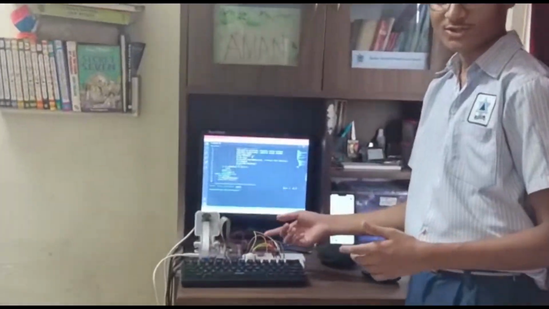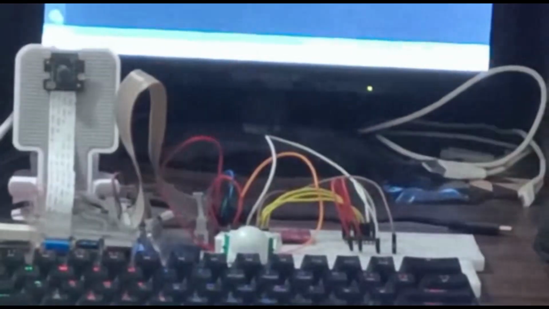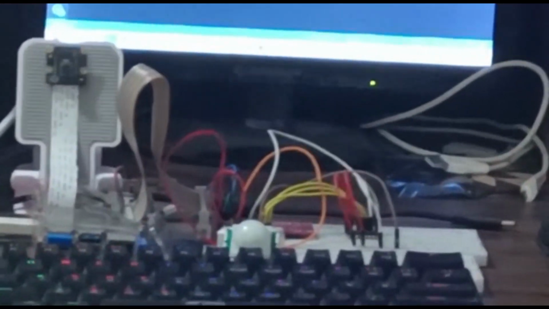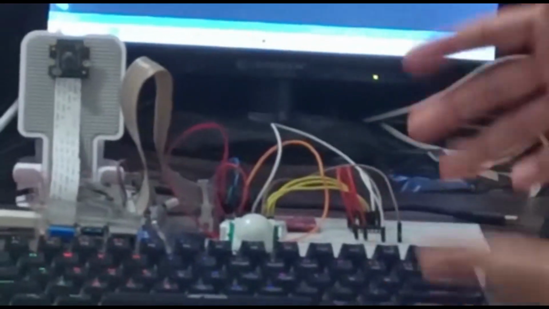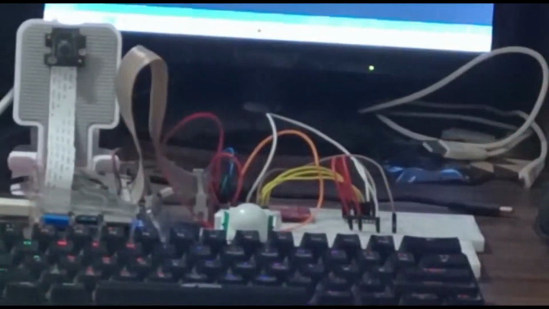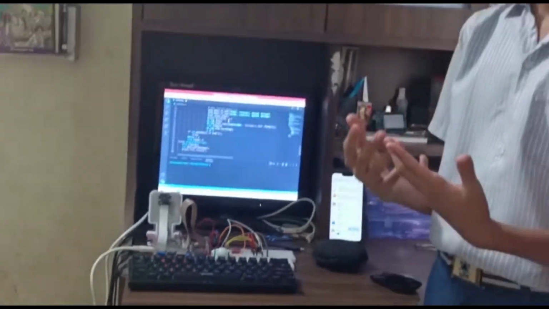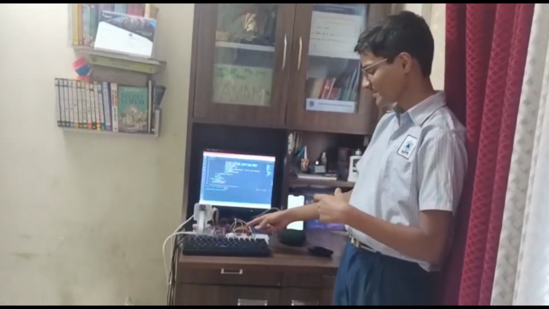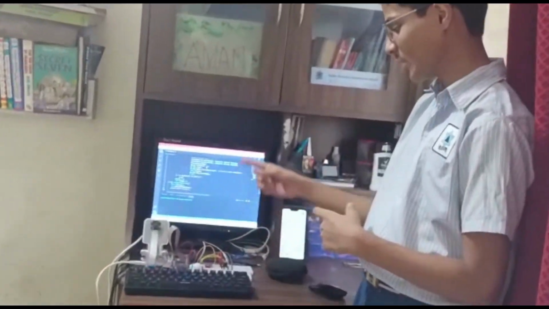So this is the PIR sensor. What it does is it detects infrared radiation coming from objects. To activate a PIR sensor, two things must happen. First, it should sense motion. Second, it should sense infrared radiation coming out from objects. So let's say a person walks in this room, it will emit infrared radiation from his body and it will be in motion. So the PIR sensor will be activated and it will send an output to the Raspberry